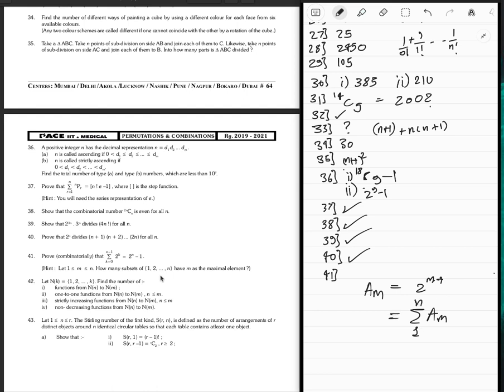That is equal to the total number of subsets of the set 1 till n. So that number is, of course, 2 power n. So 2 power n is equal to this sum, summation from 1 to n of 2 power m minus 1, which is the same thing as the summation from 0 to n minus 1 of 2 power m, right? Oh, except this is not the total number of subsets because it also contains the null set,